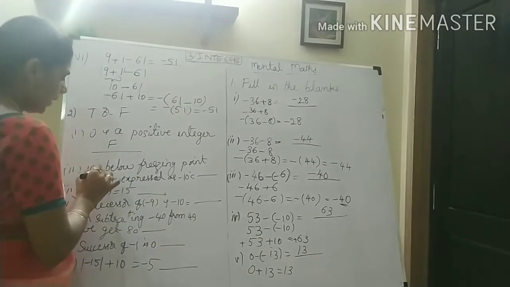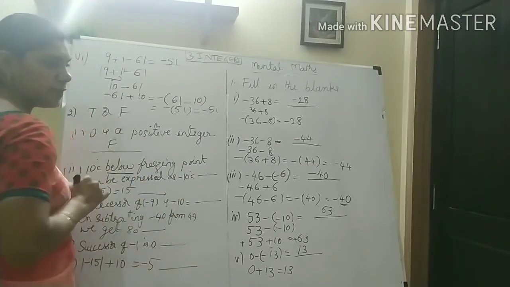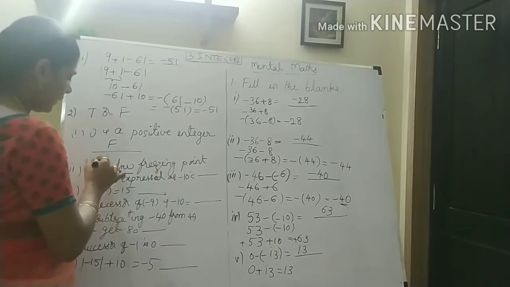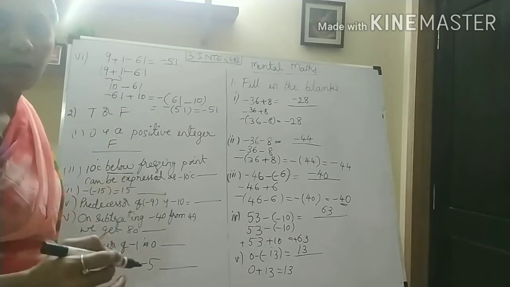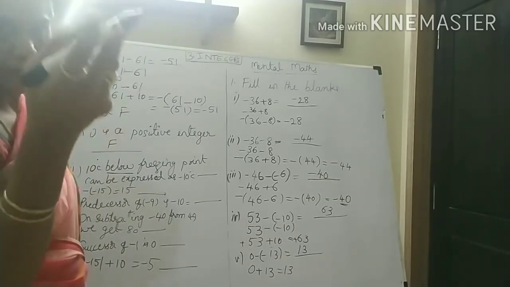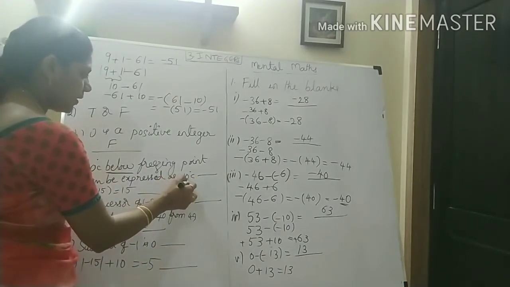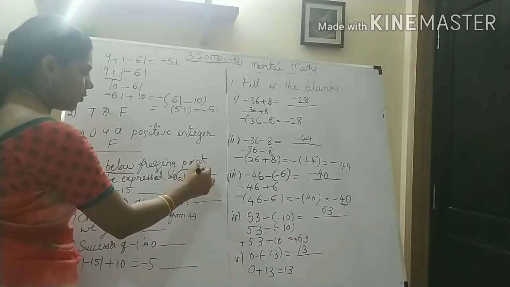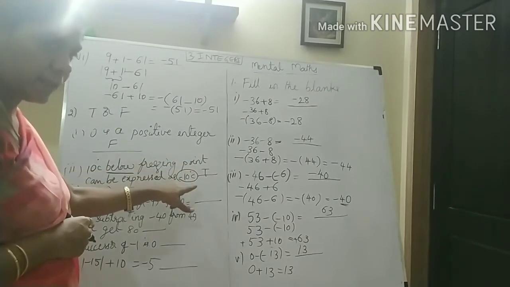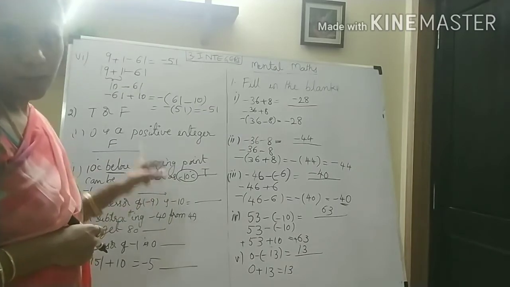Next one, see. 10 degrees below freezing point. Below represents minus here. Okay. Freezing point 10 degrees centigrade. That is below. Below means it represents minus. Above means represents plus, positive numbers. Okay. So here clearly they have given below. So we can represent this as minus 10 degrees centigrade. So this is true. Minus 10 degrees centigrade freezing point. If you write like this, or if you write 10 degrees below freezing point, both are same.